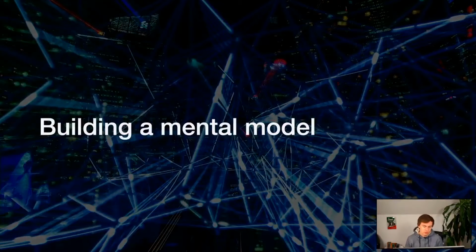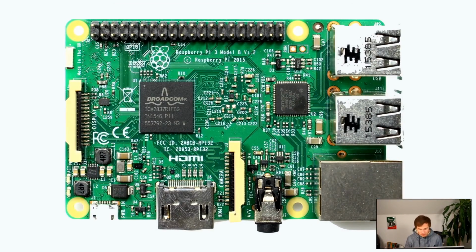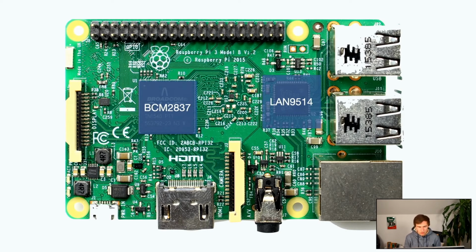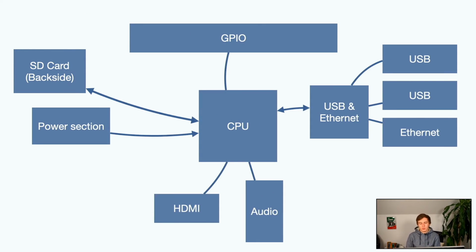And what I like to do is when I look at a device, I want to build a mental model of the device. It doesn't have to be perfect, it doesn't have to be detailed. It just has to be a basic model of what's going on. For example, in this case, on my paper notebook, I would draw down, okay, I have my BCM2837, I have a LAN 9514, and this is just what's printed on these devices. And then I just create this high-level schematic almost. This is just for me to get a high-level overview of where I can actually take a look. And from there, I can also go, what can I hack on this device